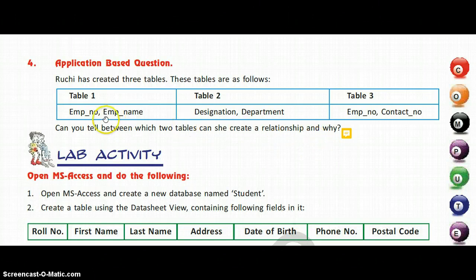So if we look at the three tables carefully, we'll find that for creating a relationship, we know that at least two tables are required and both the tables should have one common field. And these are the field names, employee number and employee name. Here in table 2 it is designation and department, and in table 3 it is employee number and contact number.